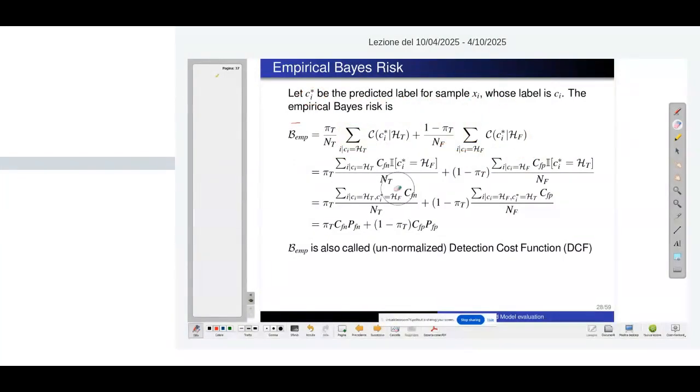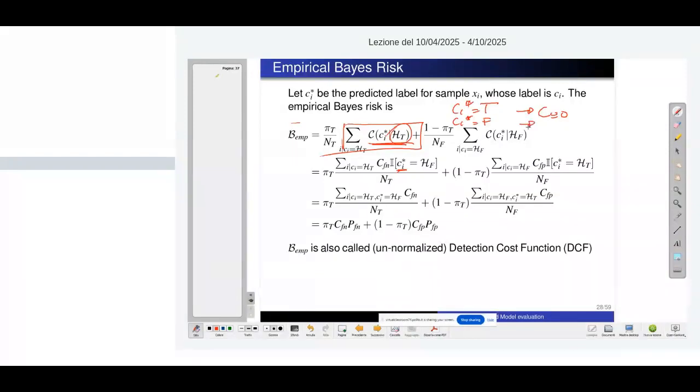Now, what do I have? Well, let's look at this term. This is the cost that I pay for predictions made for the class true. What do I have? Well, whenever I predict true, so if c_i star is true, my cost is 0 because here we are considering samples of the class true. If my prediction is false,